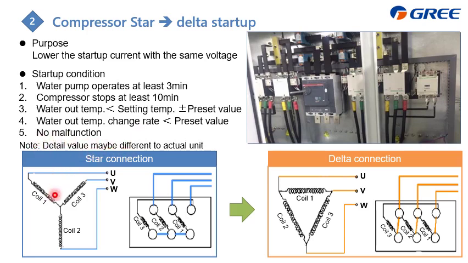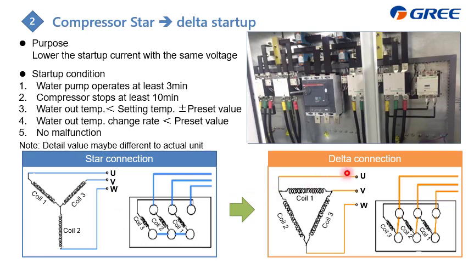And here I will show you the star connection and the delta connection, used just to lower the current. How to achieve it: at the star connection, the current follows like this, coil 1 and coil 2 for the U to V, and also for the U to W, coil 1 and coil 2. So the voltage has no change, but the resistance is doubled, right? So the current should be less.